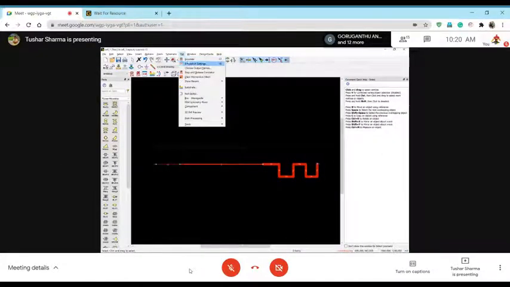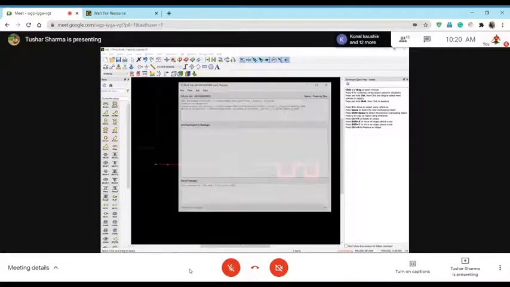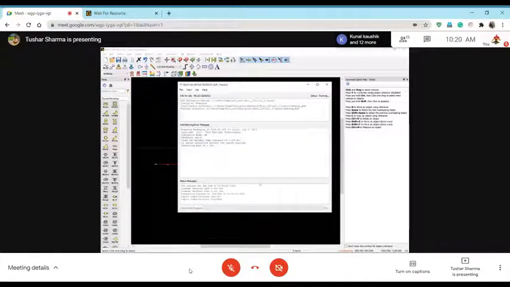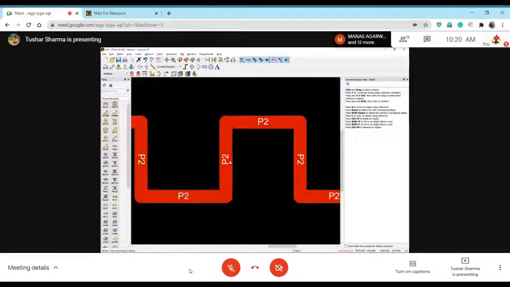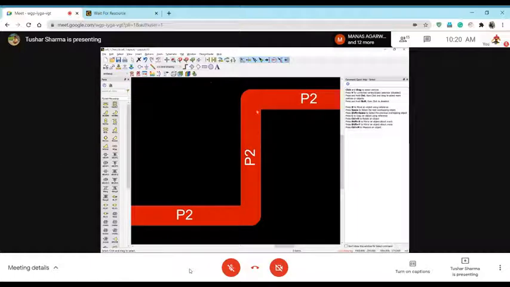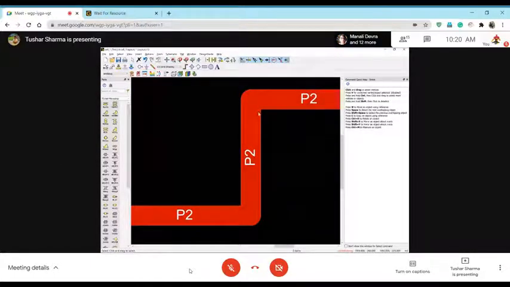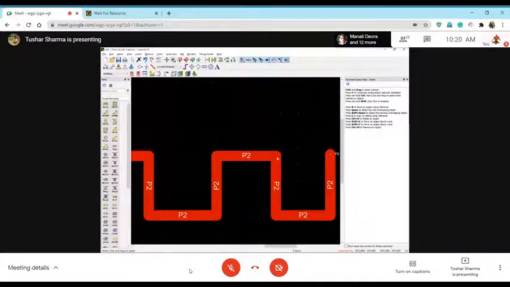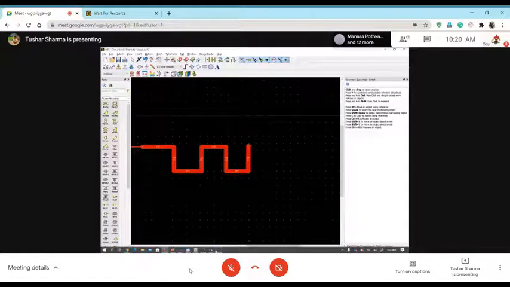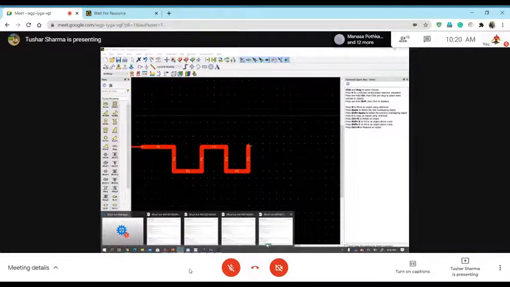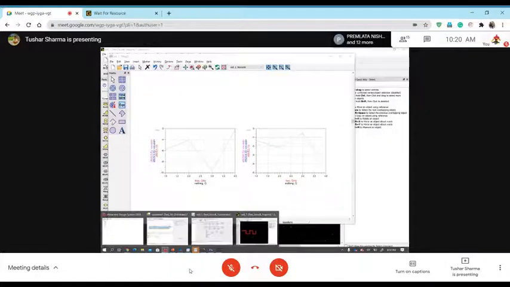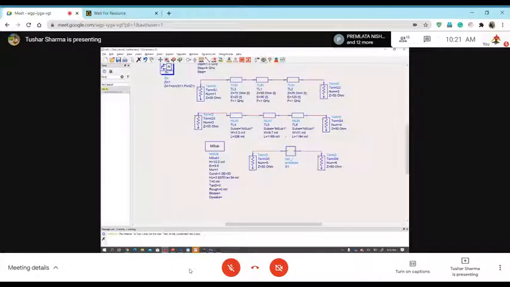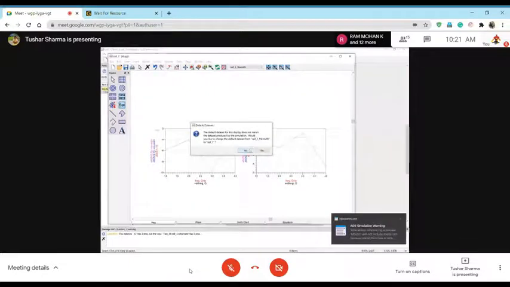Similarly, I simulate this. So it first creates a mesh. It is creating a mesh here in the background, small, and then calculates the electric and magnetic field effect for each square and then integrates it over the complete area. That's how it works. Designing PCBs, that's what you have to do actually. So let me now run it again and let's see what happened.